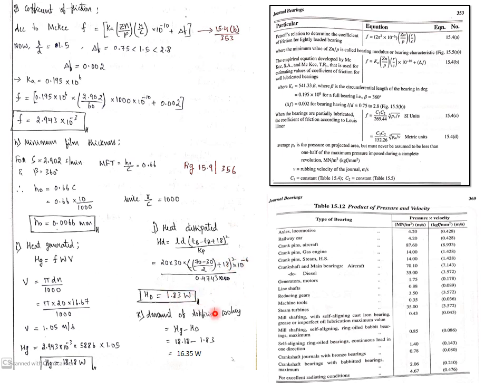Now the next step is to calculate whether artificial cooling is required or not. How to find this value? Since heat generation is greater than the heat dissipation, you have to take the difference of these two. So this much amount you can write down here, it is 1716. I just made a mistake, so write it down here.